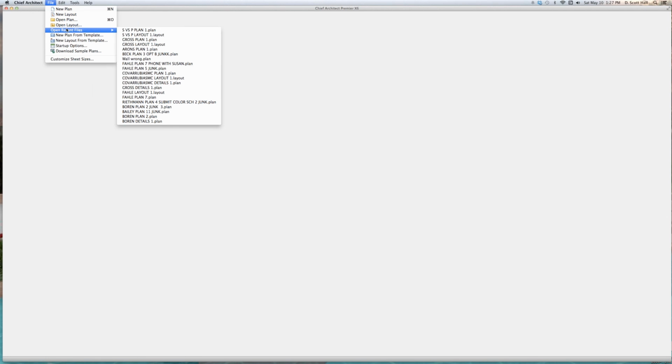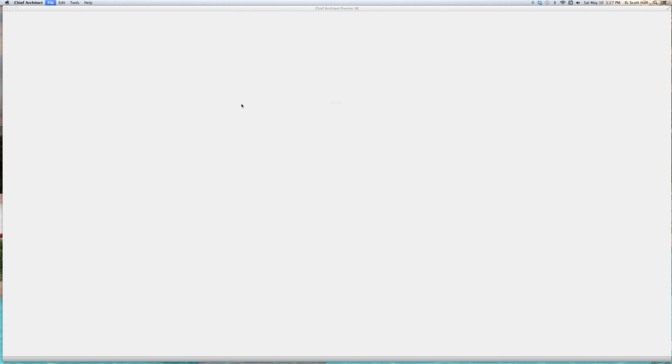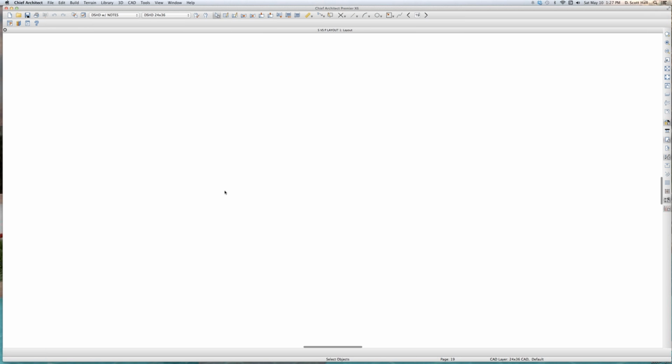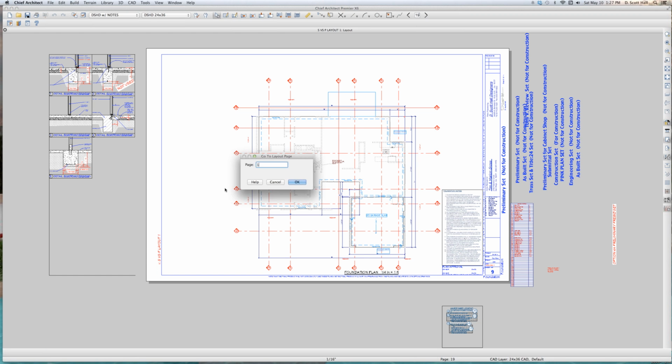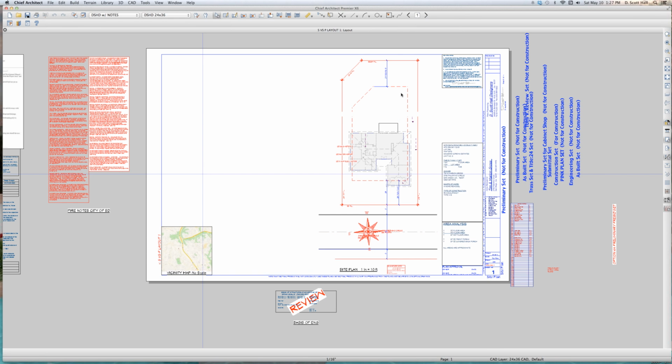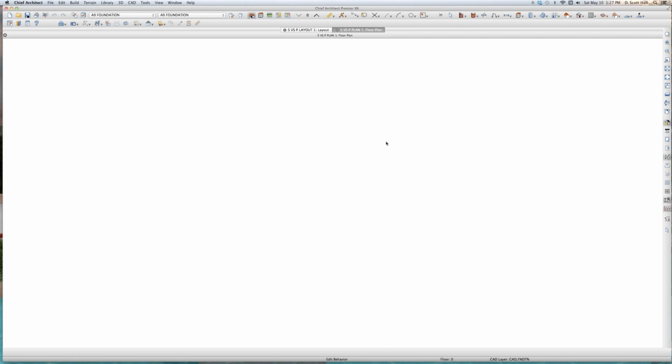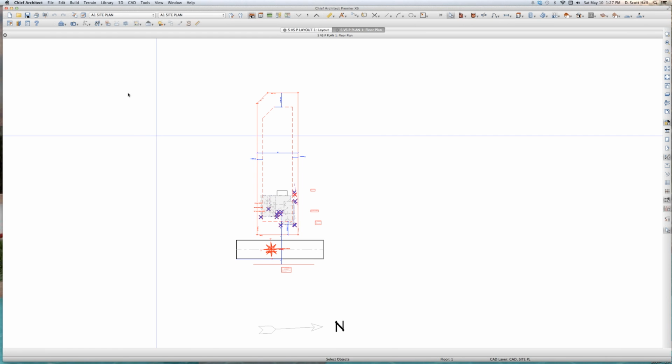Now I file, open up recent plans, go to S versus P layout. So this is simply a copy of my latest and greatest. That's all it is. But now the plan has changed, of course, right? So I come over here and I open up my plan, and now I go over to edit,